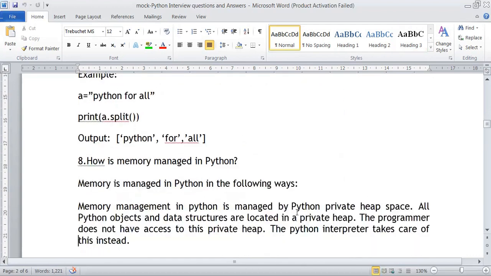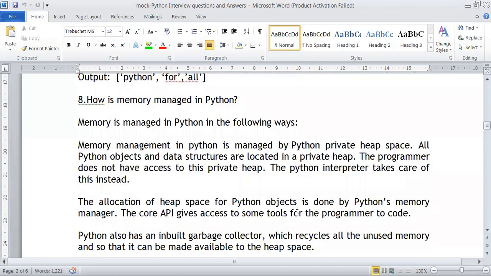So how is memory managed in Python? Memory is effectively managed in Python. How? With the help of the Python private heap space, where we store all the Python objects and data structures. Who can access this? Only the Python interpreter.